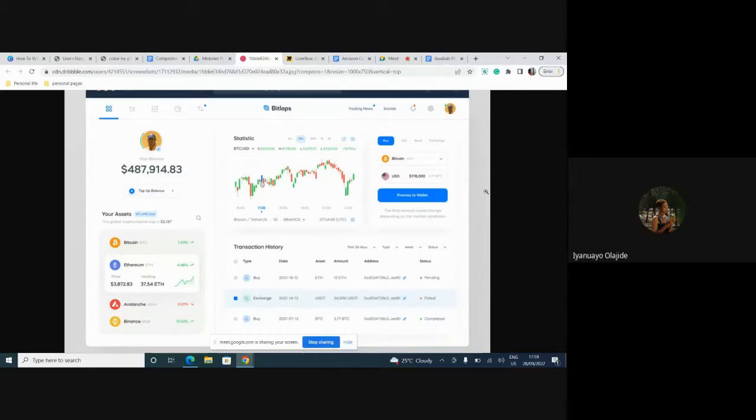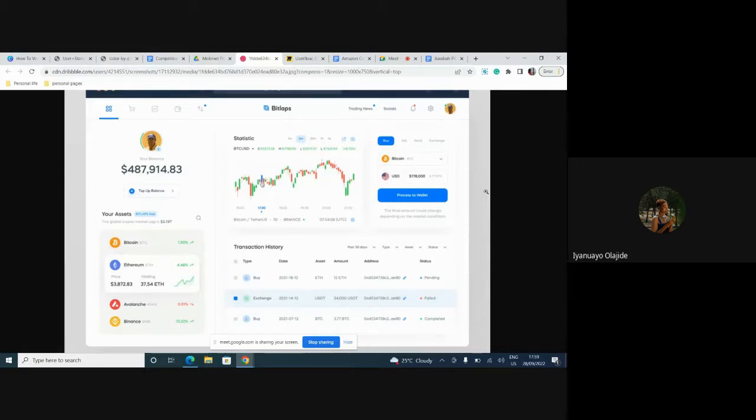Okay, I'm going to try. The Go For prototype seems like one for a trading app. It lets you buy assets and trade at the same time. So on the first page, what I can see is you have your balance. You can top up your balance. There's a feature to top up your balance here.